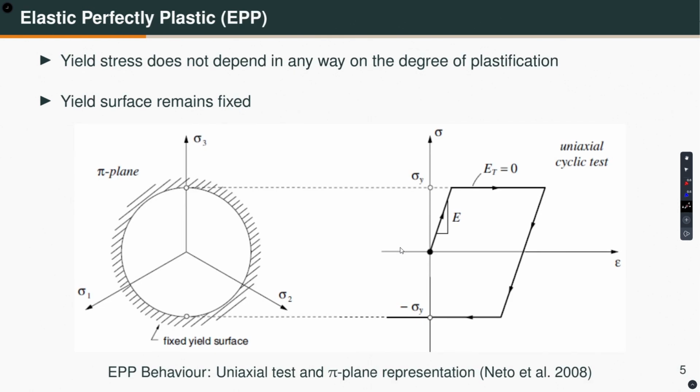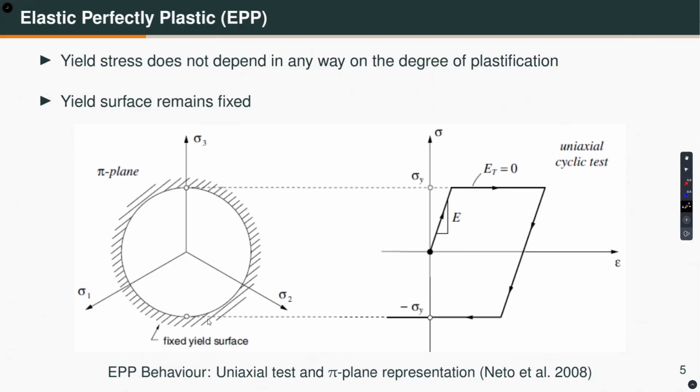Again, let us go back to the EPP first. Like I said, the yield surface does not change for elastic perfectly plastic material, which is shown in this figure, which I have taken from this book by Neto et al. This hatch is indicating that the yield surface is glued to the deviatoric stress space. It cannot move, it cannot go anywhere, it cannot change in shape and size. So, if I now take a material and apply uniaxial loading, let us say in the sigma 3 direction,